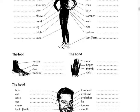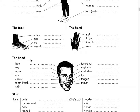The hand, the nail, one finger, the thumb, and the wrist. The head, hair, eye, nose, ear, cheek, a cheekbone, tooth, and teeth, plural. Chin, the chin is here. Forehead, eyebrow, eyelashes, the lip, or we can say the upper lip and the lower lip, the tongue and the